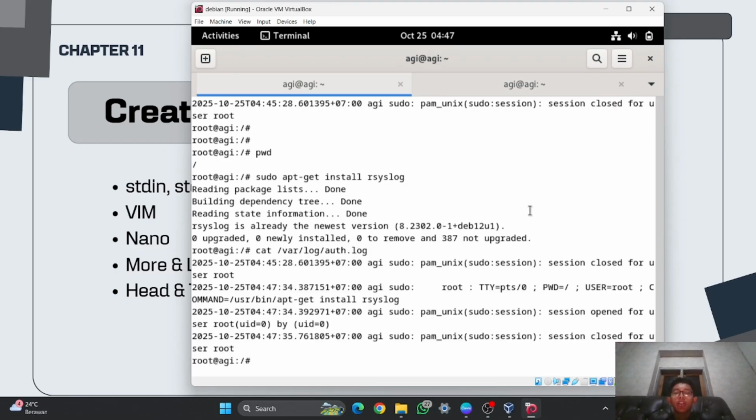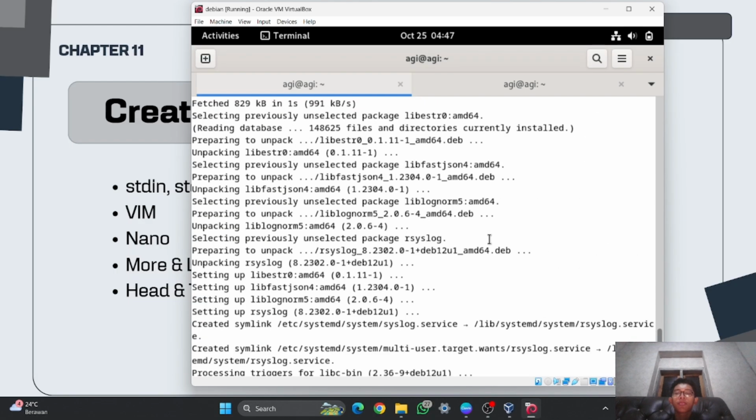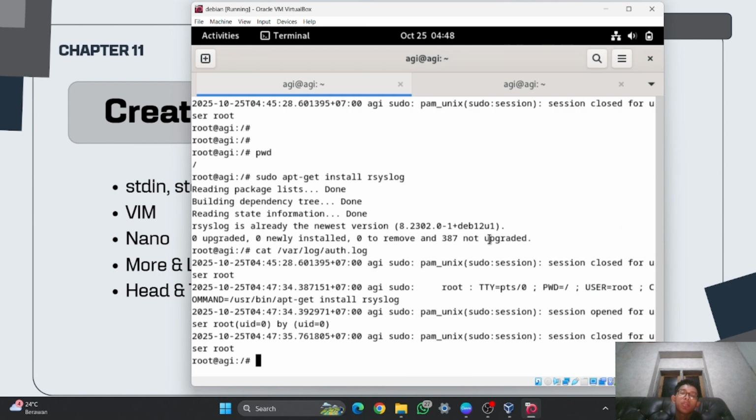And as you can see, there is so much information about all the things that I've been doing here, like installing some software, adding some file, or even logging into this user.